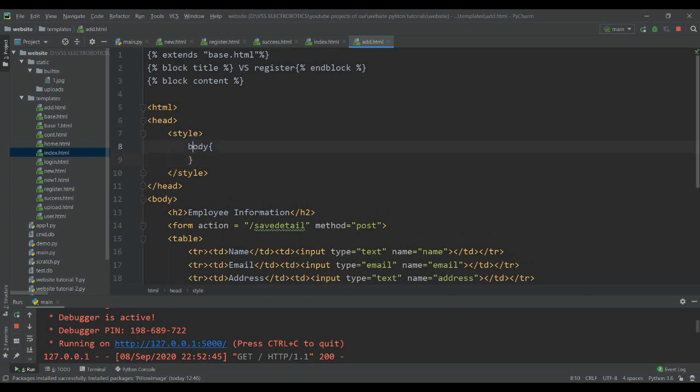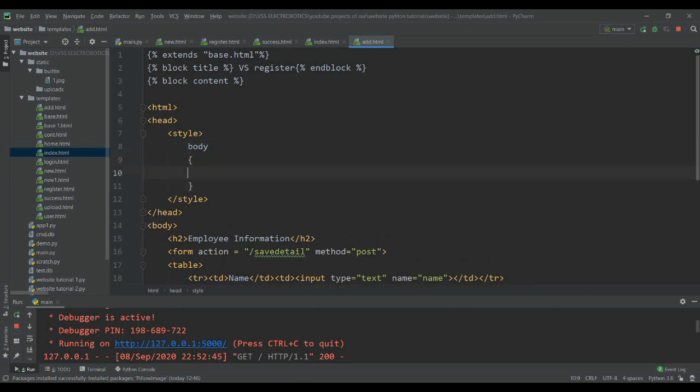I am saying background image. In the background image I'm going to redirect to a URL. We had seen something like this, that we use the two curly braces. Inside that we request url_for, and it must be static, with filename equal to.